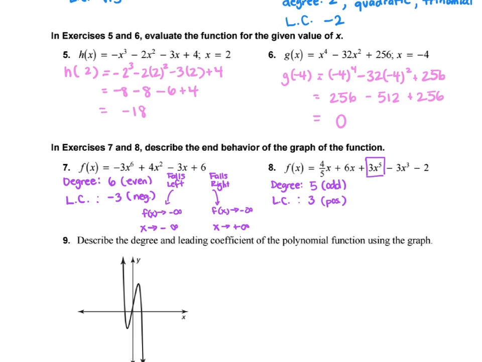Okay, so this I think about as a line with a positive slope. So I know that it's going to rise on the right side, and I know it's going to fall on the left side. So again, we can use words to describe it. Falls left, rises right,